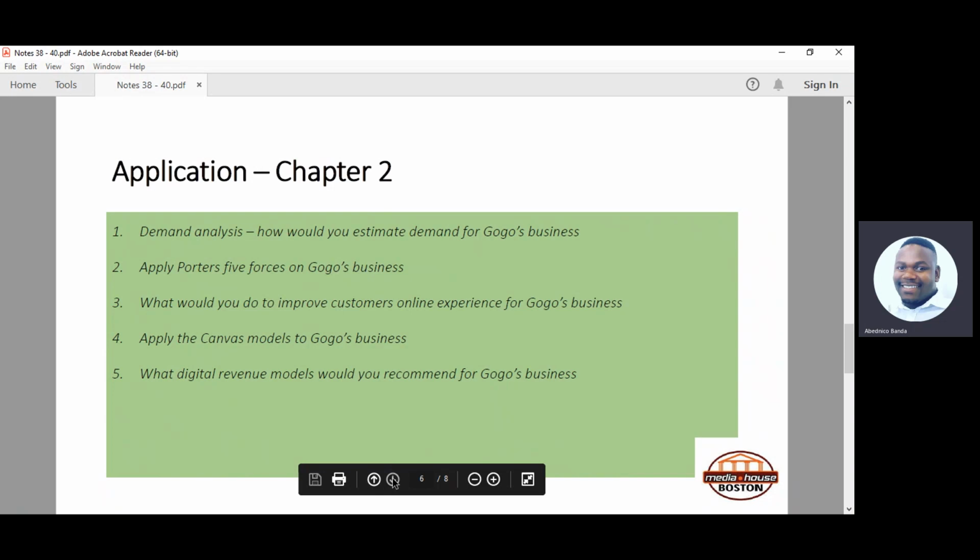How would you estimate demand for Gogo? How would you apply Porter's 5 forces on Gogo's business? What would you do to improve customer online experience for Gogo's business? You can also apply the Canvas model, like who does she need to partner with? What would be the key resources or the key activities, the alternative revenue, all those things that we've discussed under the Canvas model. You can apply them to Gogo's deco business. You can also look at the revenue models that you can recommend for Gogo's